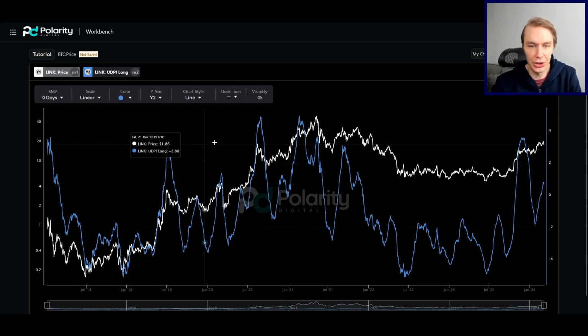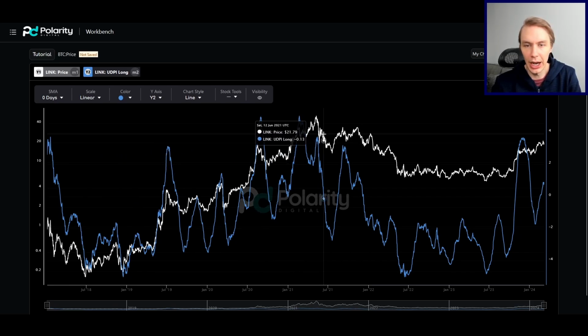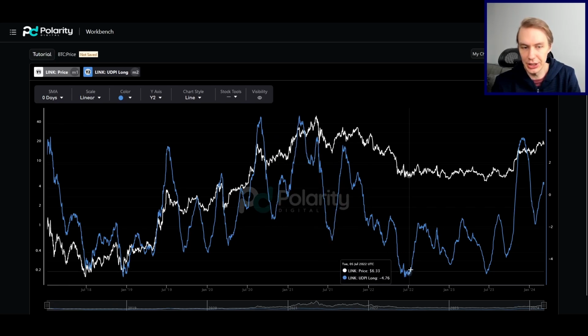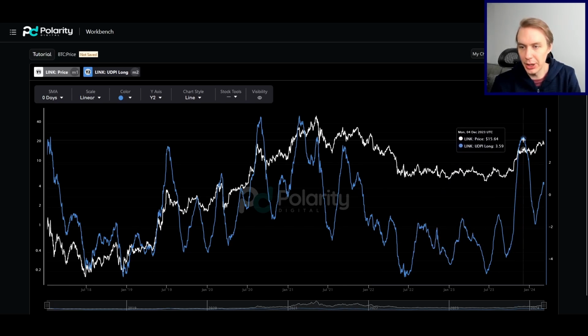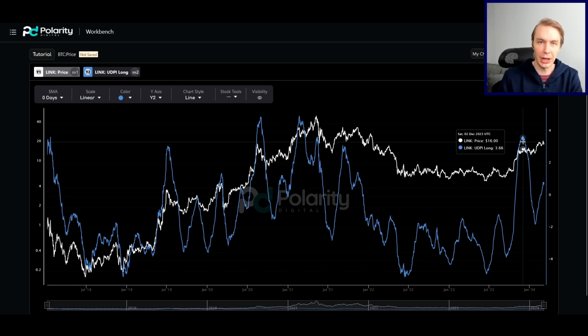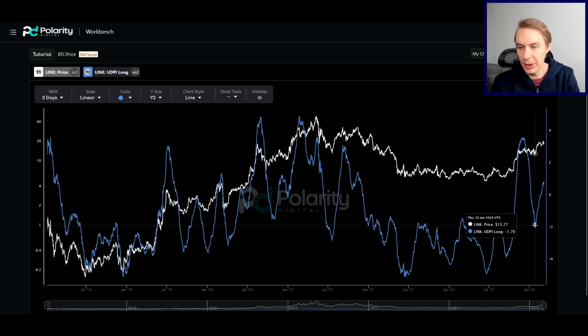And you see it does a really good job of capturing these notable high points, these notable topping points, or at least close to them, and then also catching these notable bottoming points in a more macro sense in the Link market. And with this rally, going from October into November, we got to quite high long-term UDPI levels, which is again a reason why I said that might be a concern. We came all the way back down to negative 1.7, so quite low.